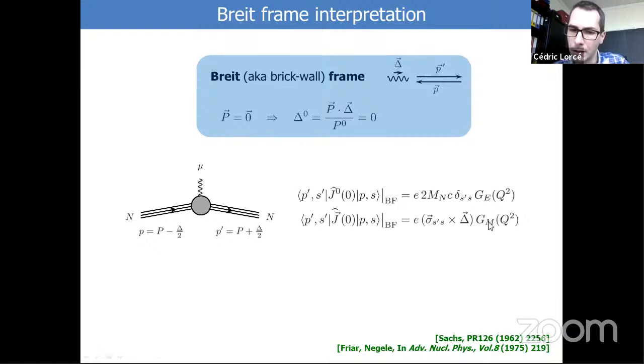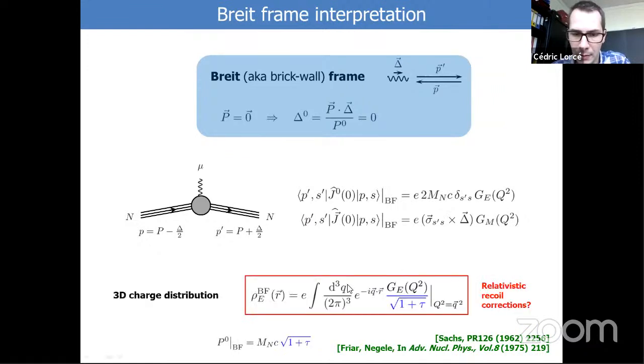Non-relativistically, you can think of the magnetic dipole moment of the nucleon as due to a small current of electric charge around the axis of the nucleon. That's basically described by the second form factor, GM, that we call the magnetic form factor. So this really motivates considering the Fourier transform of those form factors. For example, if you take the first one, you take the three-dimensional Fourier transform, you get an object that can be interpreted in some sense as a spatial density of charge distribution, but now in the relativistic context.